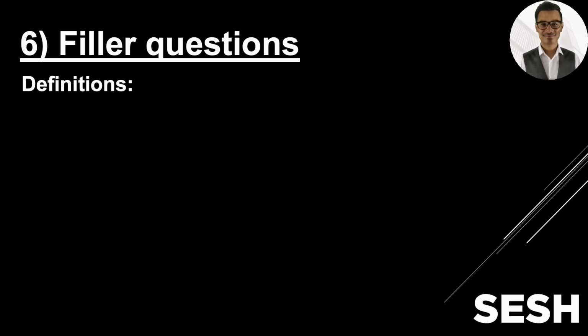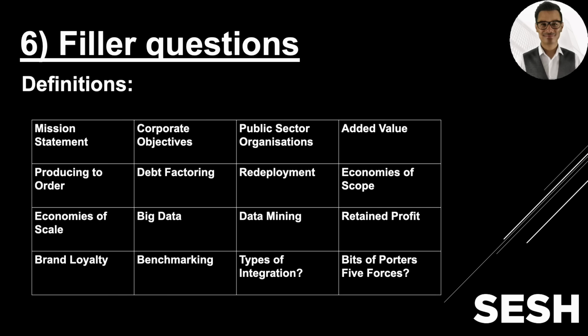Now, filler questions, if they go the definitions route, then you'll probably want to make sure you're on top of these types of definitions. So mission statements, maybe the relationship between mission statements and corporate objectives, what a public sector organisation is, what added value is. So added value is sales revenue minus cost of bought in goods and services. What producing to order is in operation, debt factoring, how does it work, redeployment as part of the human resource